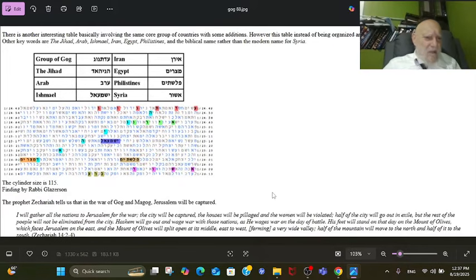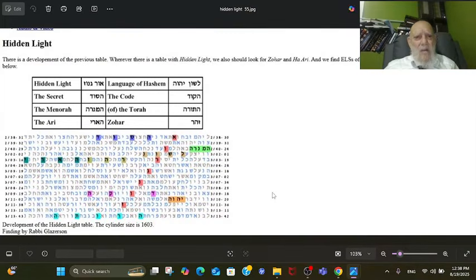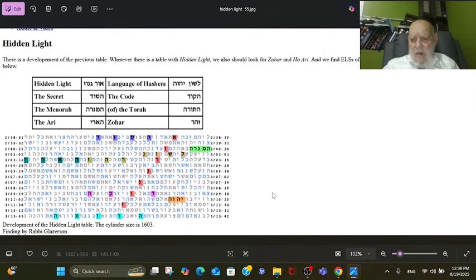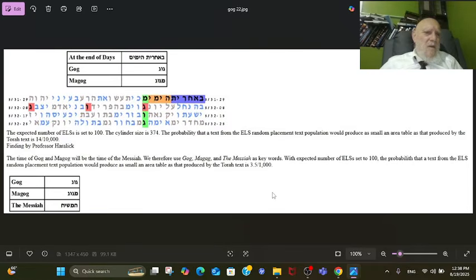You can read about it, and so clearly, Professor Haralick explained that the Prophet Chaya tells us that in the war of Gog and Magog, Jerusalem will be there, so later on we have Jerusalem also, unbelievable. So there are certain tables, as I said, all of them unbelievable, really. And the first one tells you also very interesting things about Gog and Magog in the end of days. Professor Haralick found, and clearly the Torah tells us, in the Be'achrit Yamim, end of days, we'll have Gog and Magog.